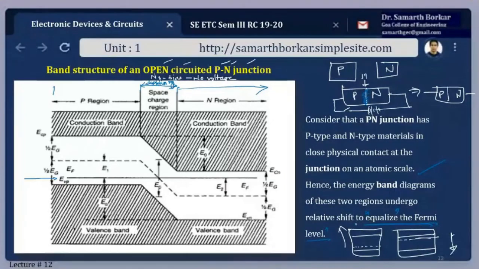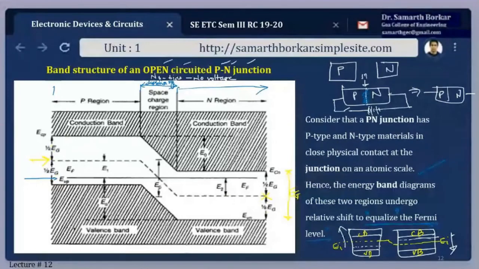So if I do so, then what will happen? I'll take this yellow line here. This is the EI, intrinsic Fermi level of intrinsic semiconductor, which is right at the center of conduction band and the valence band. Intrinsic level is always at the center. And this is just a theoretical concept, a reference line. See here, this is the reference right at the center of energy band gap. This is the energy band gap EG. So this part will be half of EG, and this again will be half of EG. Similarly here, half EG and half EG.